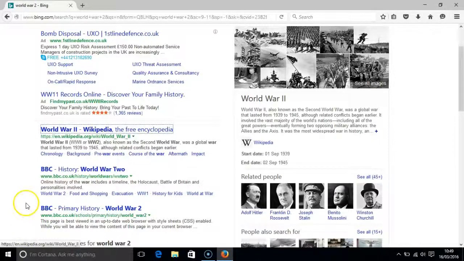The address of the page itself is read out, and then if I press the down arrow once more, the extract for the page, a 20 to 30 word extract of the page, is read out. World War II, World War II or WW2, also known as the Second World War, was a global war that lasted from